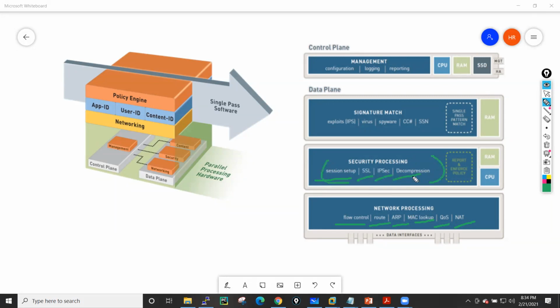All these jobs are done by your security processor engine. Then the signature match engine, also known as your content engine, is responsible for your IPS functionality, which is vulnerability protection, then antivirus and anti-spyware protection, and file protection. All these jobs are done by your signature match or content engine.